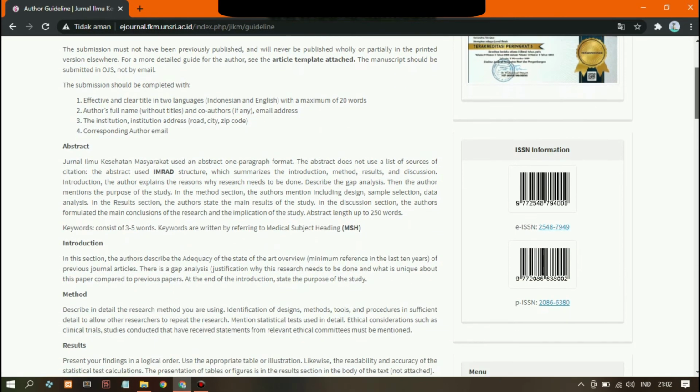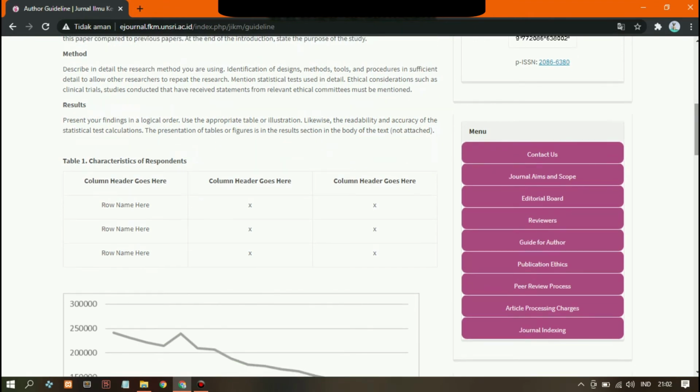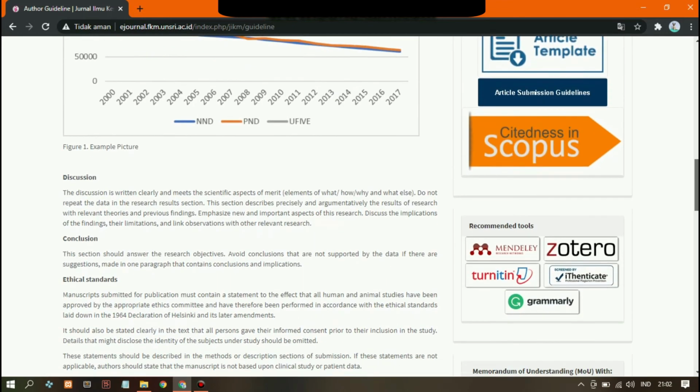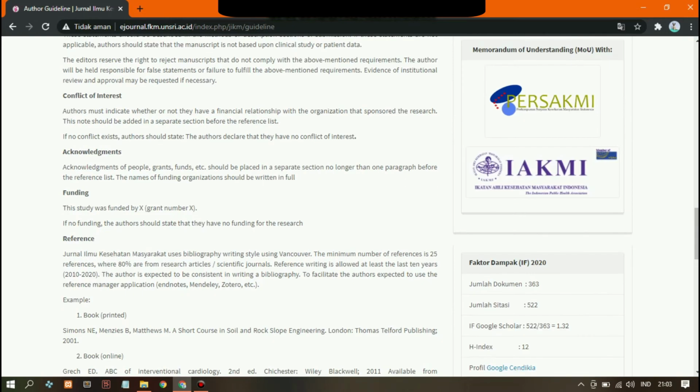And here you can see the abstract, introduction, method, and also the results. And then there is Table 1, characteristics of respondents, then the discussion, conclusion, ethical standards, conflict of interest, acknowledgement, funding, and last but not least is the reference.